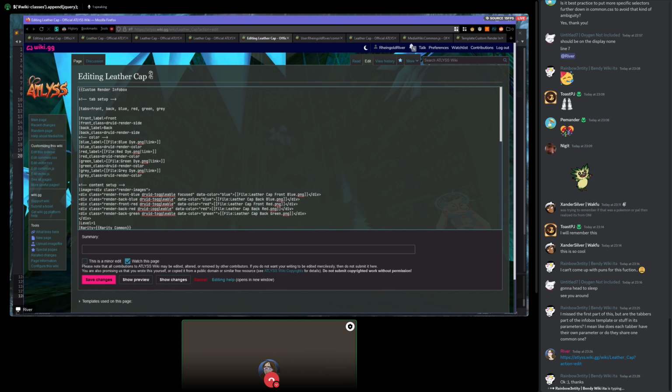Imagine that wiki editors are seeing all of this every single time, and we haven't even gotten to the part where we have to write like data side equals front, right? Like we need to have the data side here too. Is this really something that we want to make our editors do? And the answer is, absolutely not. No, we don't. So I want to make a template and I'm going to call it